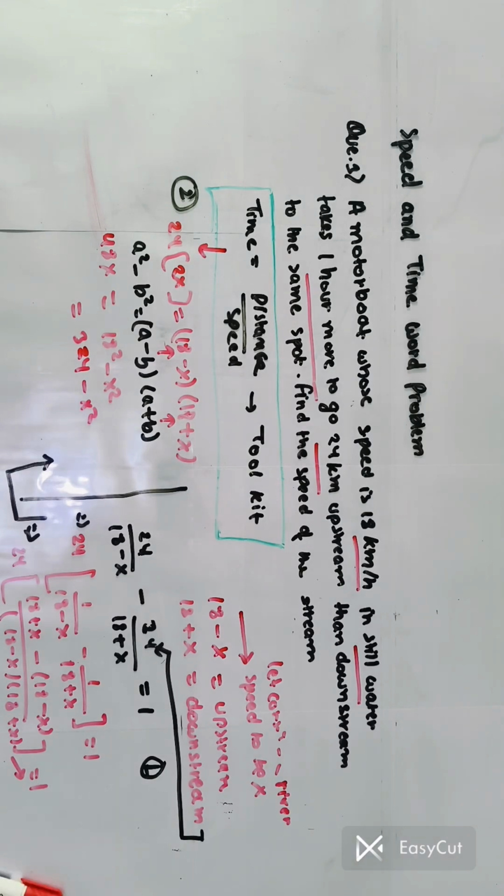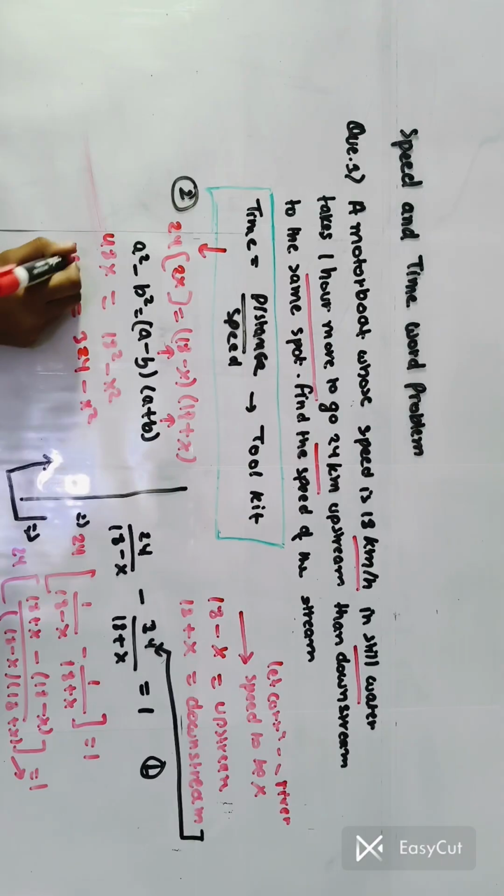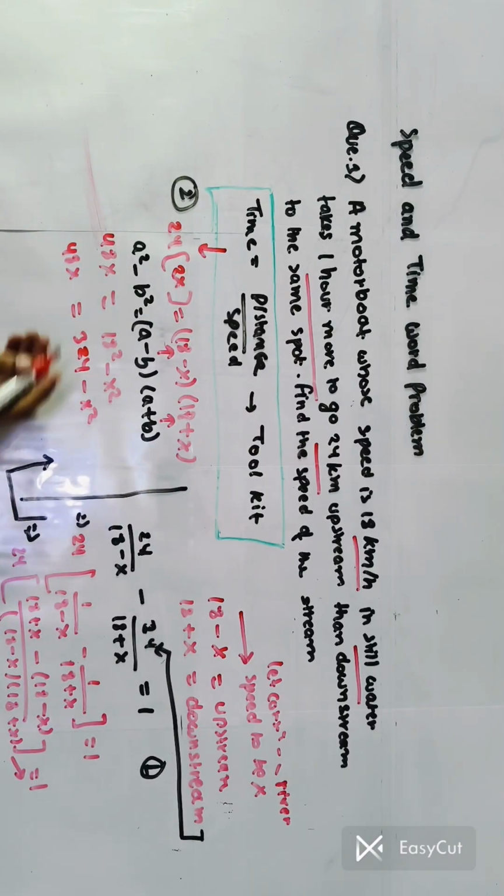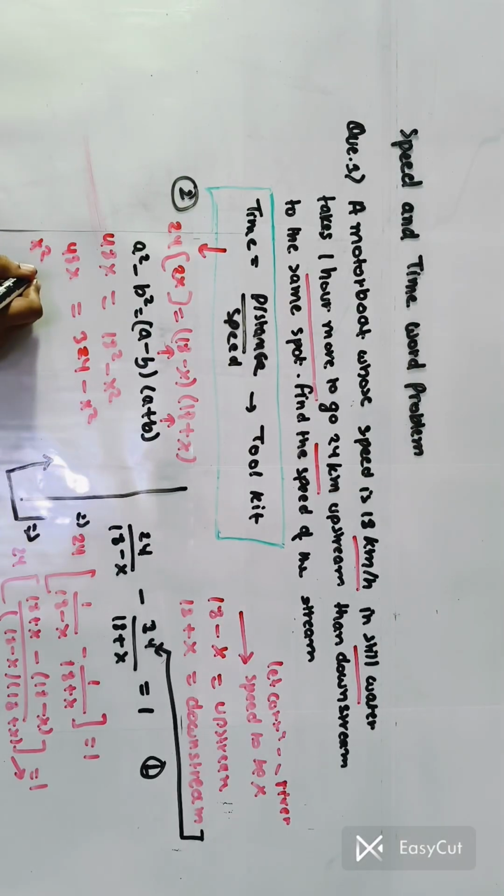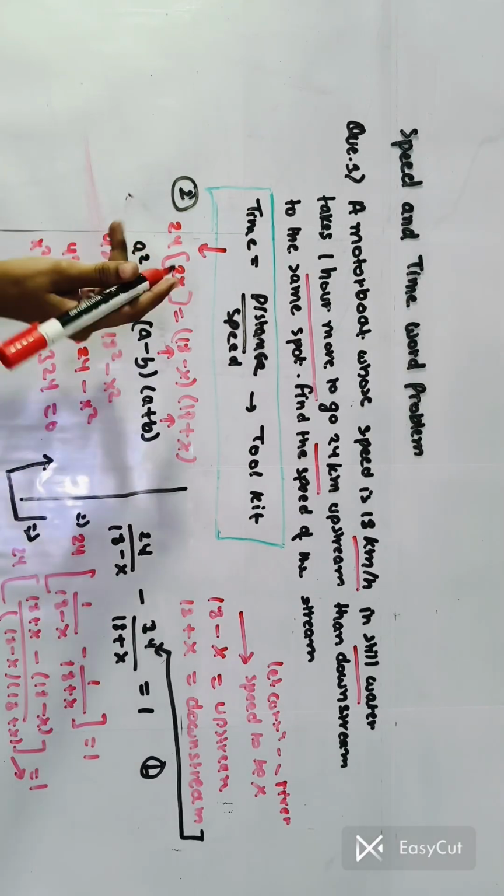Just let me check it. Yeah, it's 324. So it's 48x. Then we transfer it on the left hand side to make things easier for us, which will in turn make it x square plus 48x minus 324 equals 0. And then